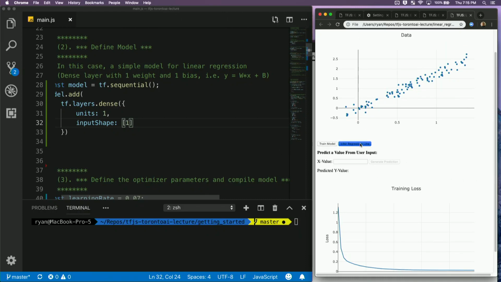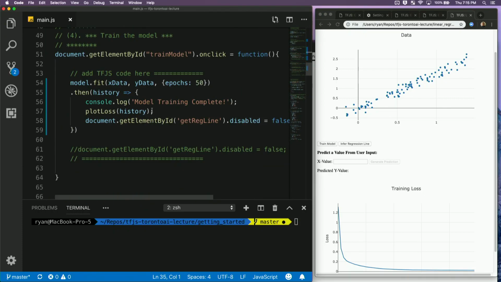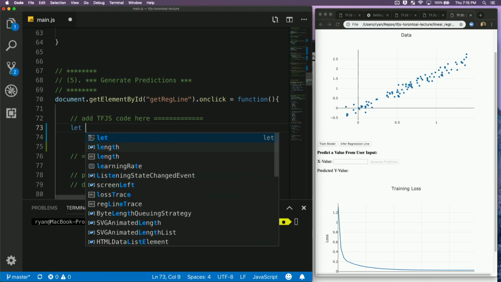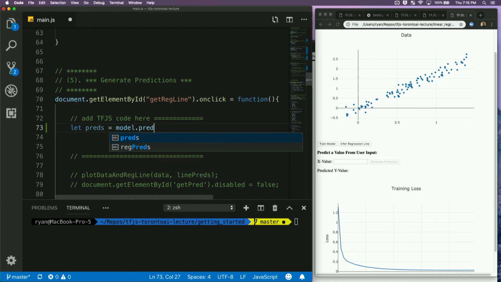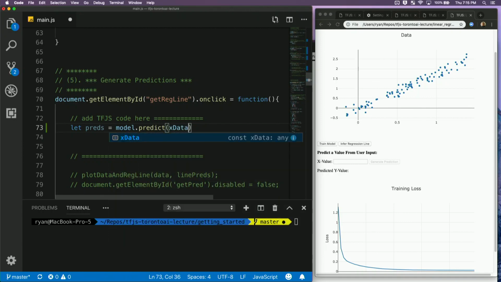The next thing we want to do, so this button's enabled, but it's not doing anything yet. So let's get predictions now out of our trained model. To do that, it's super simple once again. All we have to do is, again in one line, call that model object and then call the method predict. What we want to do is perform predictions on our X data.